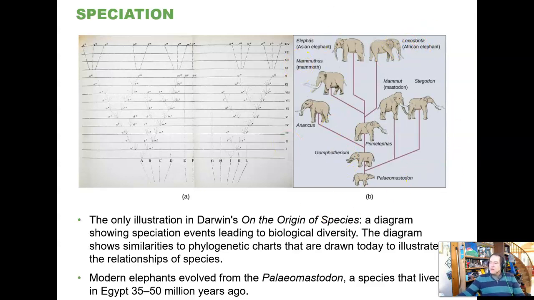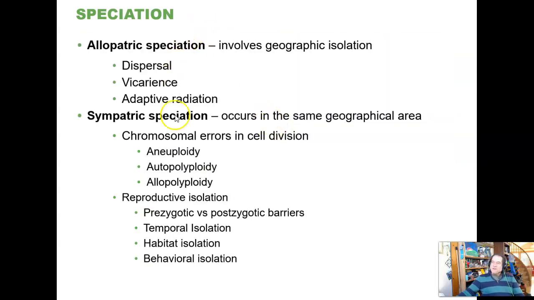Anyway, we've got a tree right here. This isn't complete. It hasn't got everything on it. It's just got some key things on it. It doesn't even have the details I just told you about right here. Well, we could make a tree that was that detailed, but this one tells the story we want to tell, of an ancestor that led to a diversifying group of species of elephant-like animals. These are all extinct, and these are the ones that are still around today, and here's the lineage, right? And that's speciation. And so what happened, how did we get to all of these guys right here? Well, some combination of all of this.